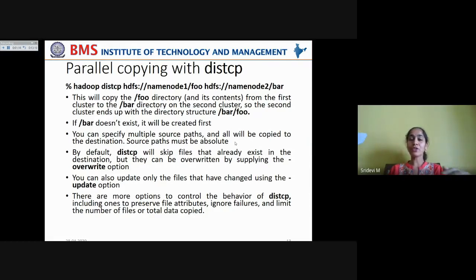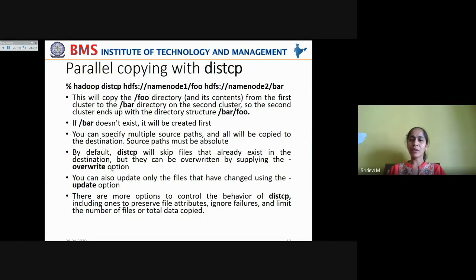It should not be a relative path. It should be an absolute path. You have to mention it right from the root directory. Now, by default, distcp will skip files that already exist in the destination, but they can be overwritten by supplying the -overwrite option.